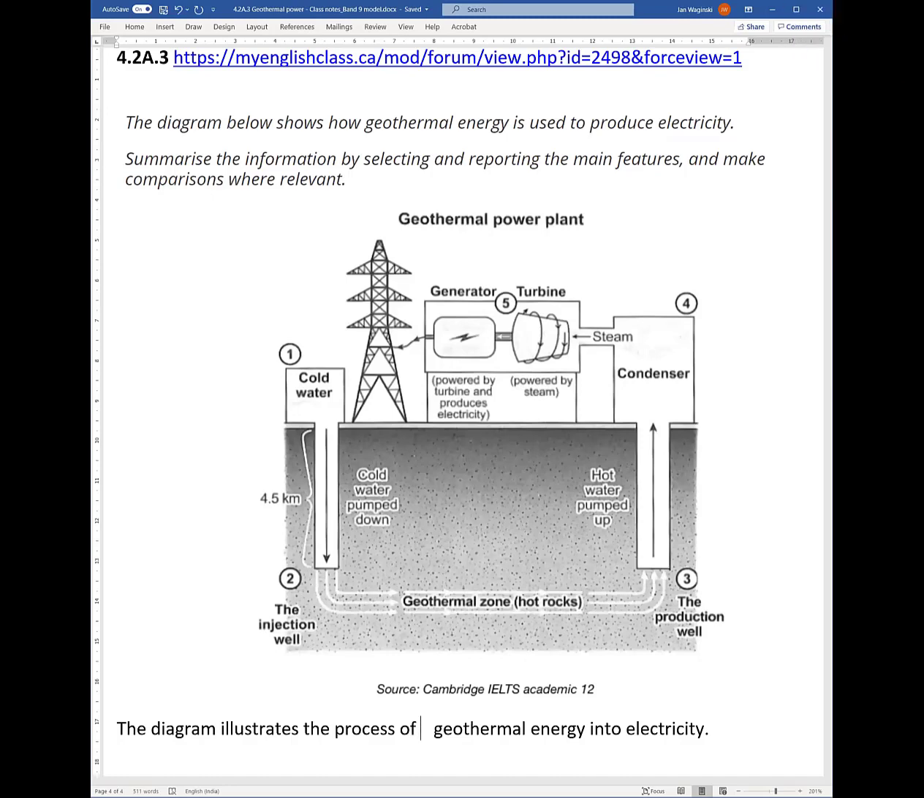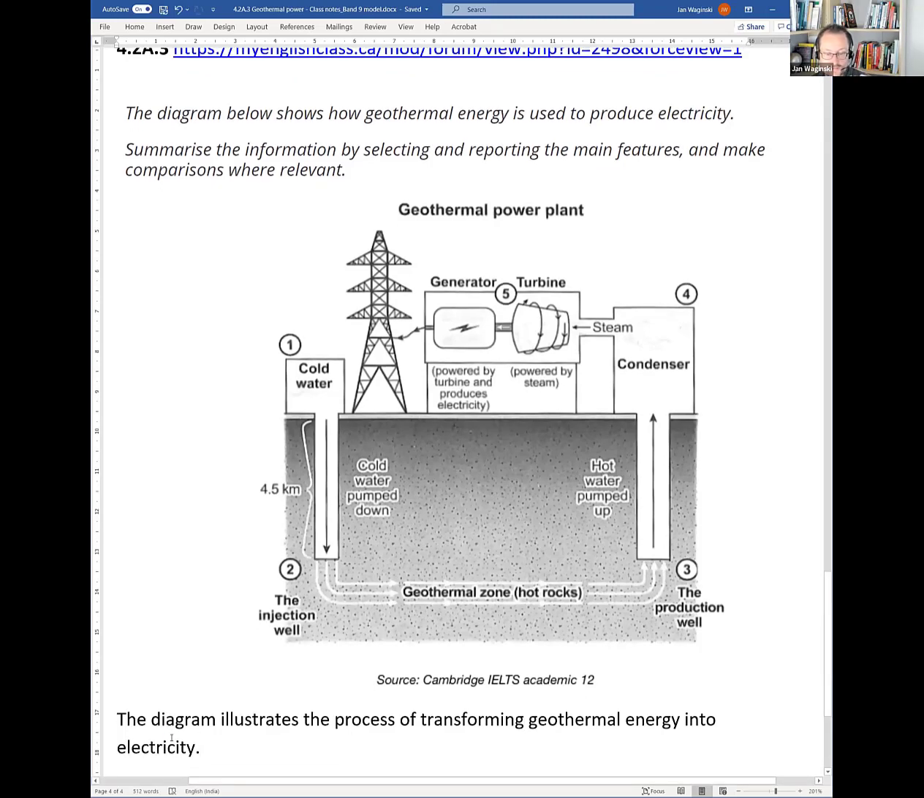Transforming. Does that make sense, Oksana? Yes, transforming geothermal energy. So that's the missing concept. Okay, good. Very, very nice first sentence. Okay. Now, overall,